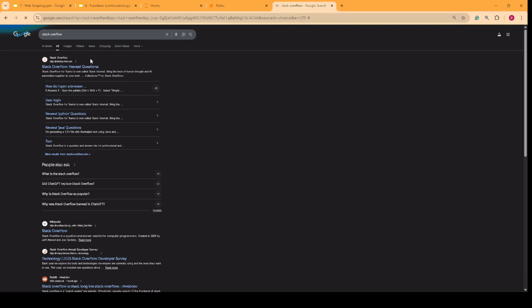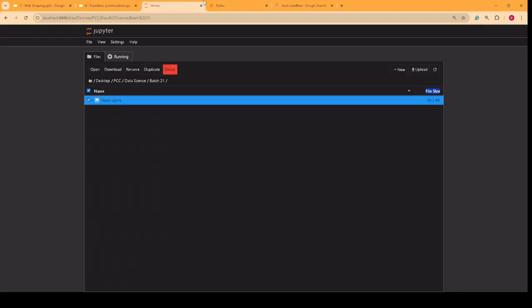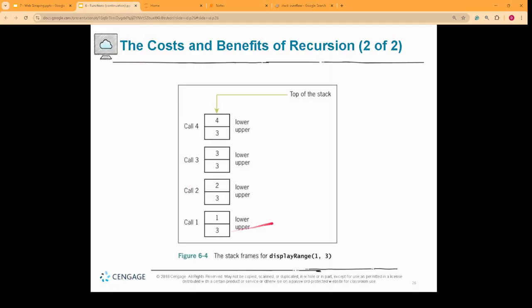Now, quick trivia here. It's actually called Stack Overflow because of this concept that I just said earlier, that memory will gradually be filled up. So there are a lot of plates already in the memory, and then